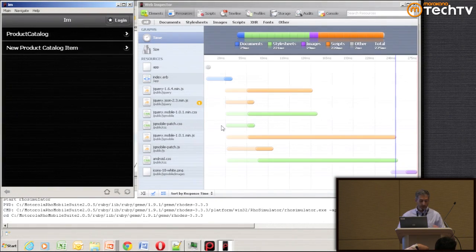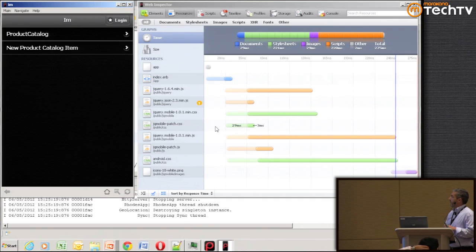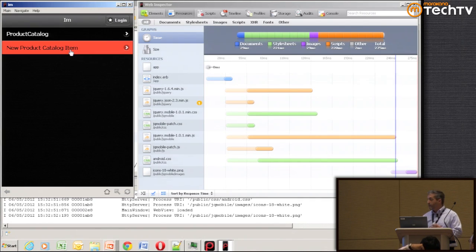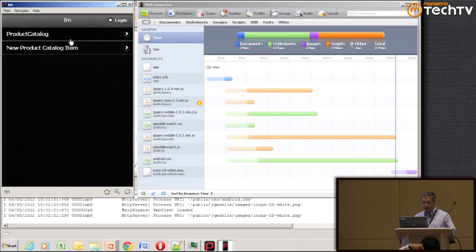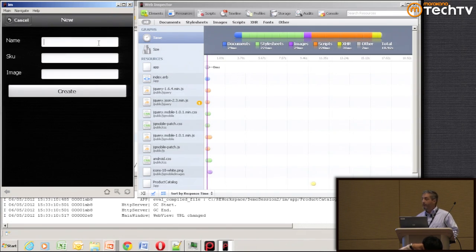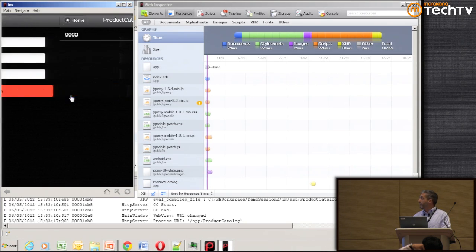All right, so run configurations. It's telling me that something's changed, yes. Okay, see how fast it comes up. It does actually come up pretty quick when you're using RhoSimulator. So now we have two new items on our index page. And this loads the index page for the new model that we created. And just by default, you can easily see that here's the new page,